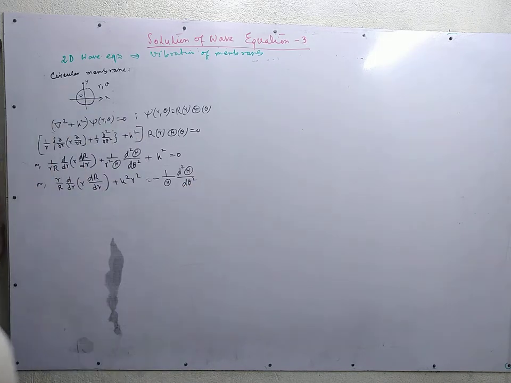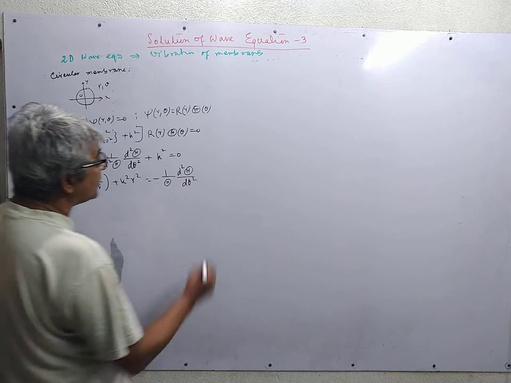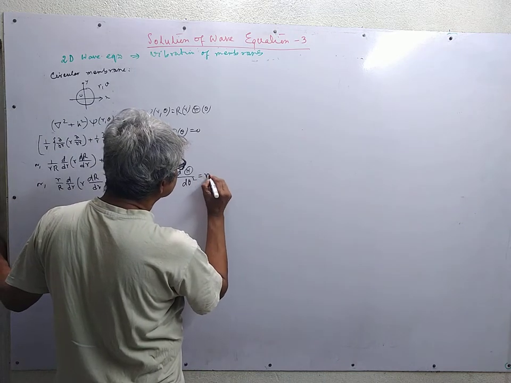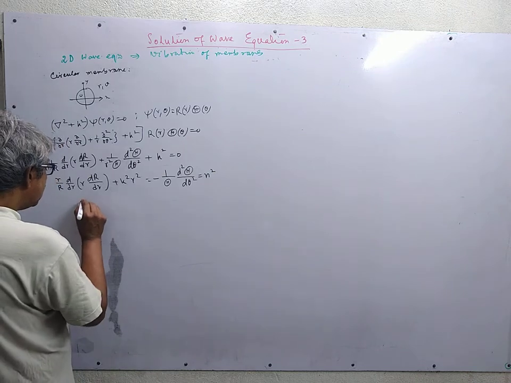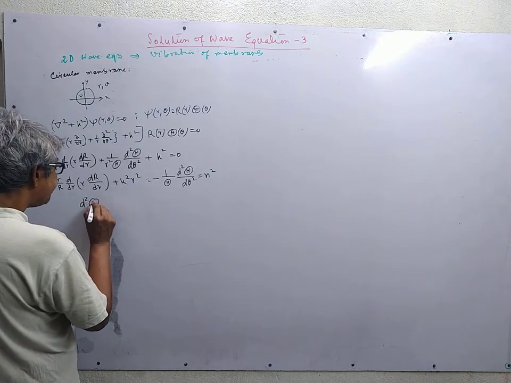You see, the left hand side is a function of r only and the right hand side is a function of theta only, and we set it as n square so that the theta equation becomes